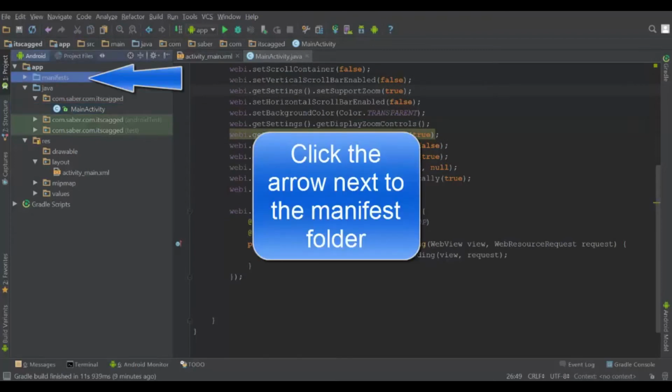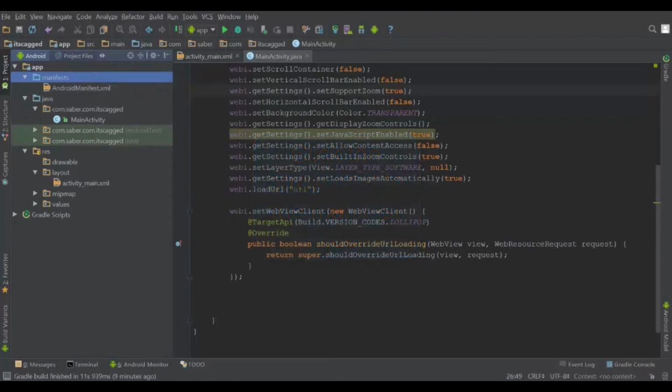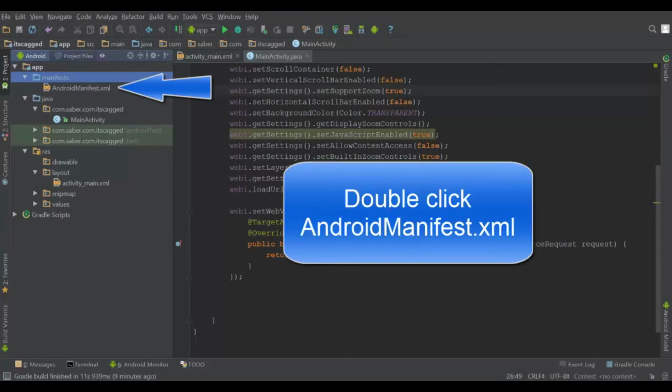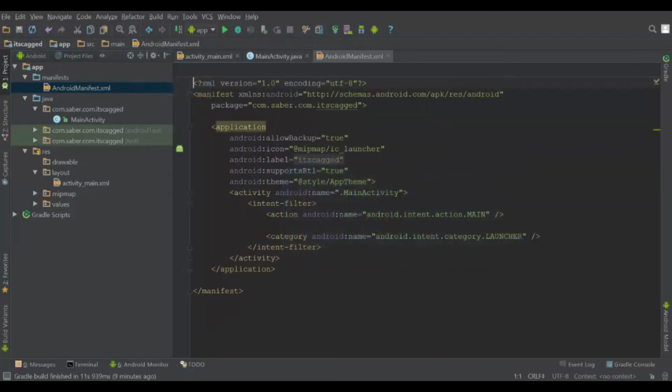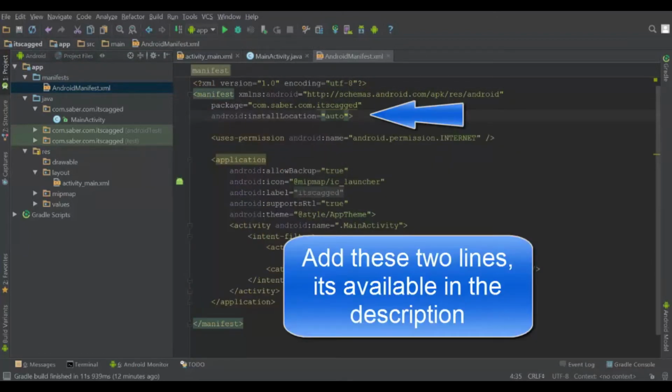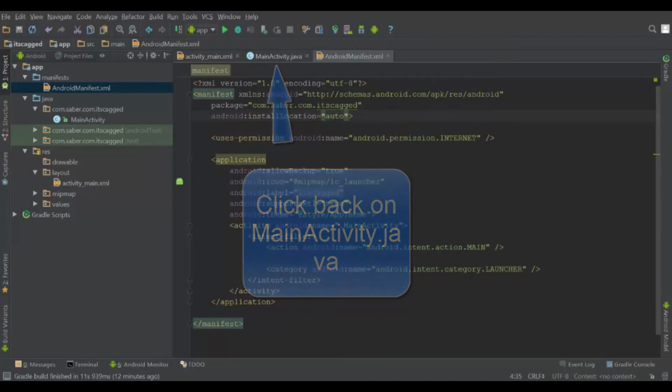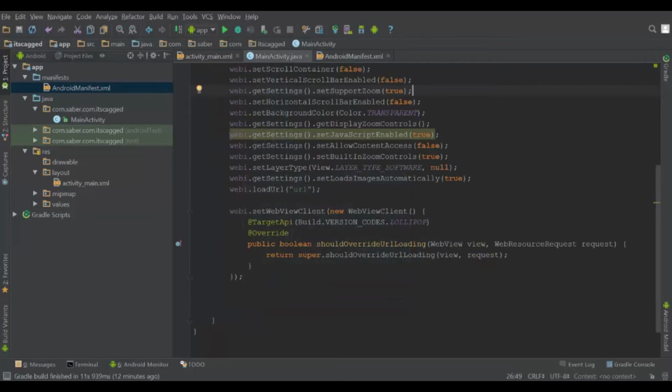Click the arrow next to the manifest folder. And then double click Android manifest.xml. We need to make sure our application has internet access, and then also what I like to add to all my applications is install location auto, which allows you to move your application from your phone memory to your SD card. So let's click back on main activity, and then we'll enter the URL of the site we would like